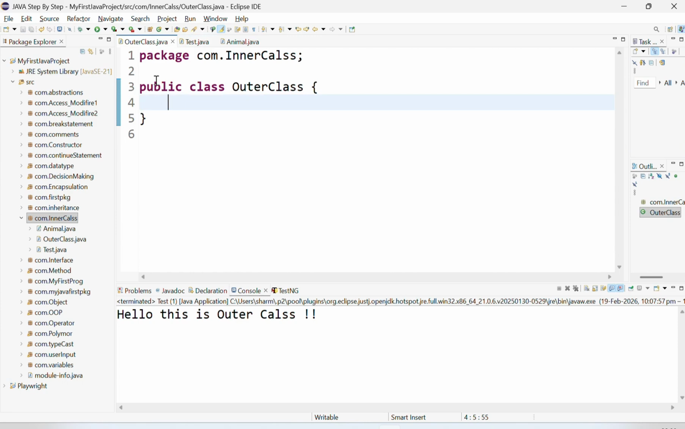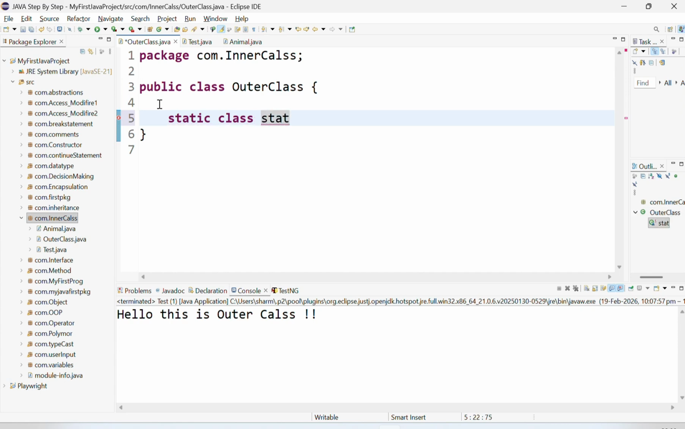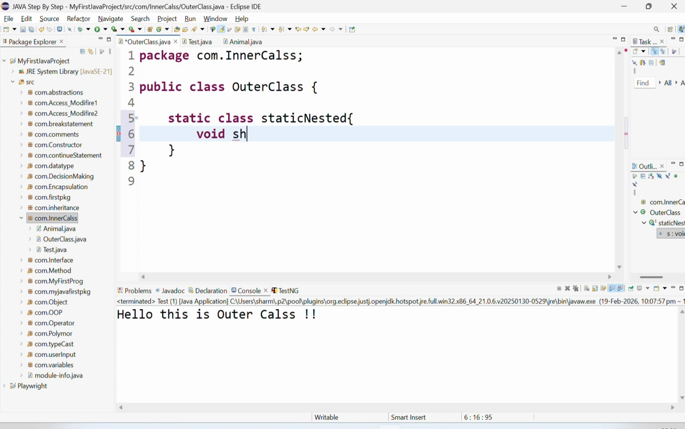Okay, so what we have to do, we have to create a static class. We have to use a static keyword, static class static nested. Okay, so the naming convention, any name you can provide. It's not necessary you have to provide this name. Okay, naming convention, you can provide anything. Okay, static nested, and then we can provide a method void show,